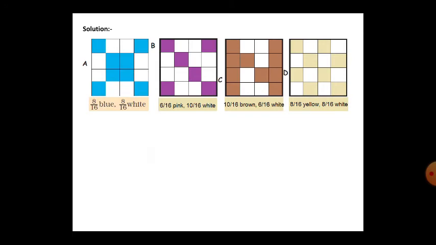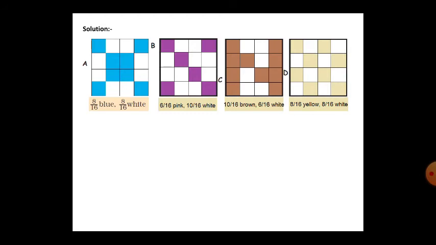Here, you can color, but you have to do it in the textbook only. You can color with any color. For example, if I colored here pink, you can color as much as you want, by your choice. See here, I have colored 1, 2, 3. Total number of grids you have to count first. Total number of grids is 16 only. So I have colored 1, 2, 3, 4, 5, 6. 6 grids I have colored. The fraction is 6 by 16.